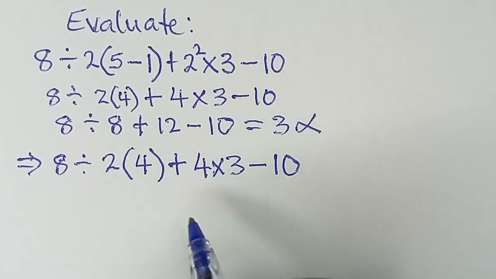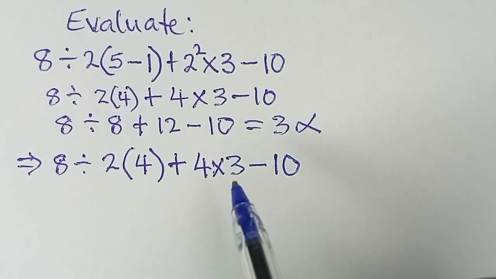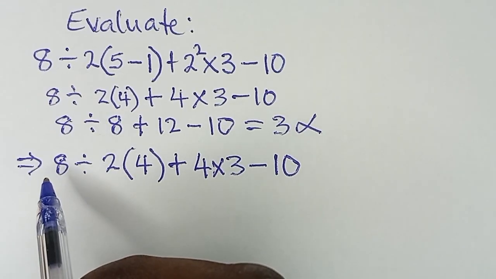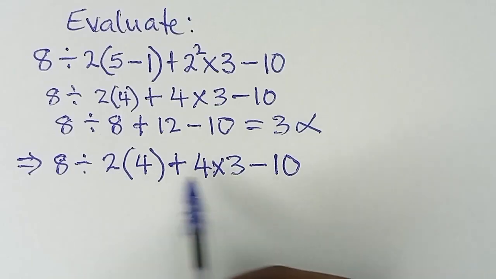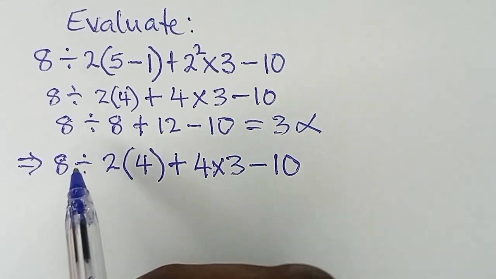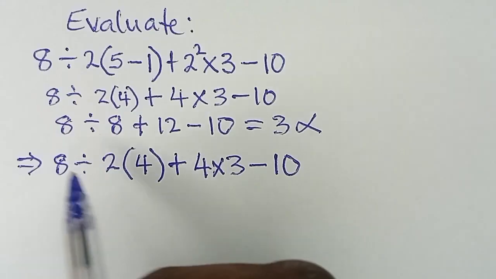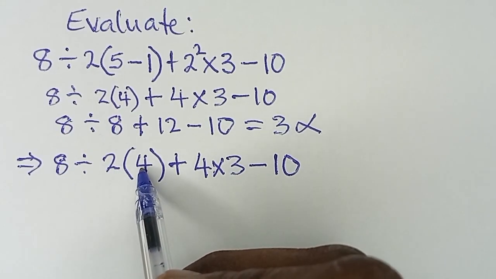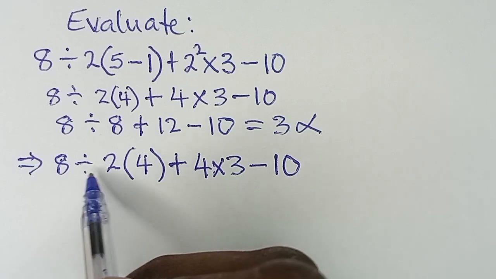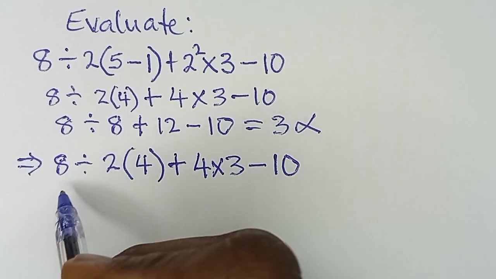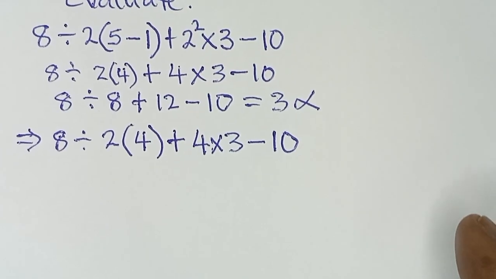Now the next step is to really apply BODMAS here. When we are moving from left to right, whatever division or multiplication comes first is what you will handle first. So don't forget, this is like 2 multiplied by 4. But we have to handle this division first before we handle the multiplication. So this will be equal to